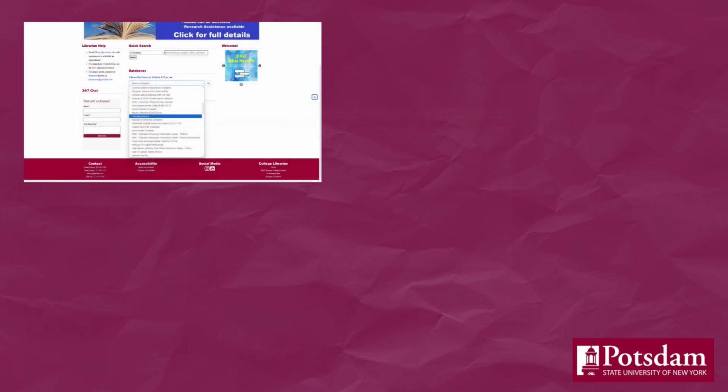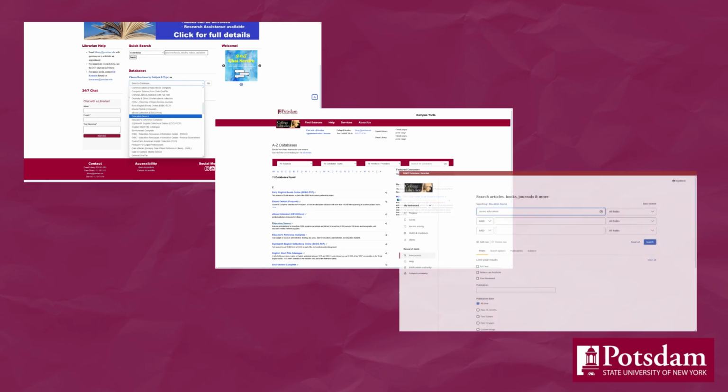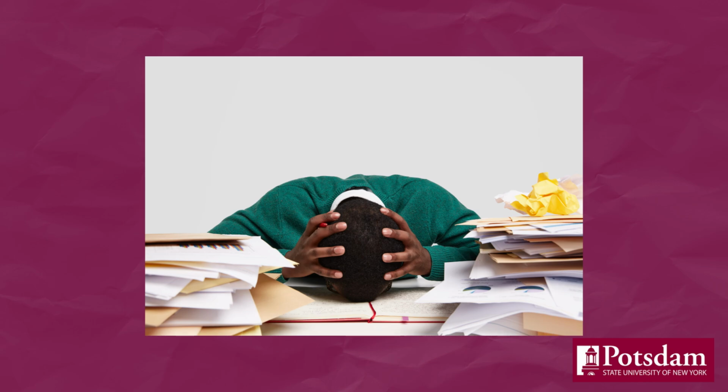When you're doing research and looking for articles in the library's databases, DOIs and permalinks are two important ways to keep track of the stuff you find. And trust me when I tell you, you really do want to keep track of the articles you find when you're doing a research project or writing a paper. There's nothing more frustrating than finding that perfect article, knowing it's ideal for your needs, and then forgetting where you